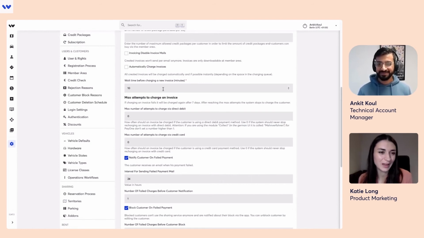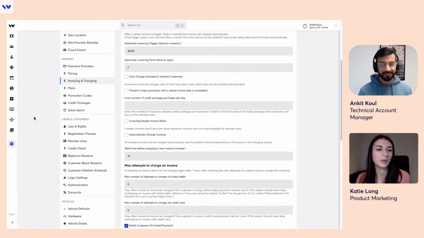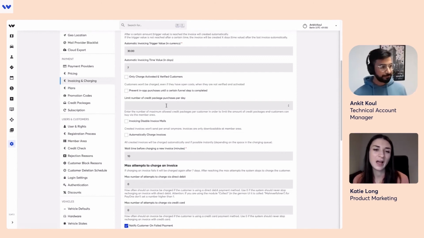Great. So aside from the payment and the pricing and invoicing, I think one other payment related topic that's quite interesting for a lot of operators and can actually serve as a differentiator between them in their competition is how they manage offers such as promotion codes or even plans. Could you talk a little bit about the options that they would have?